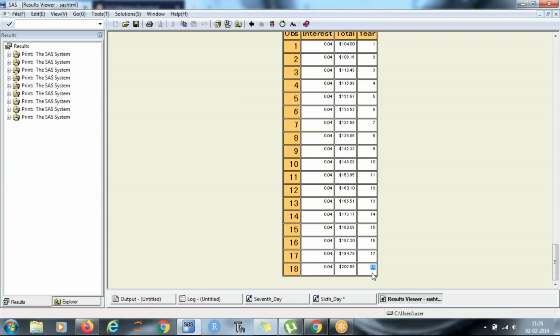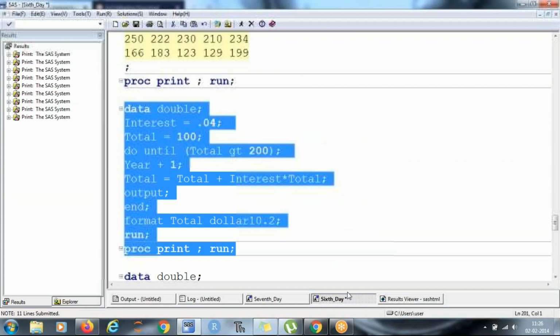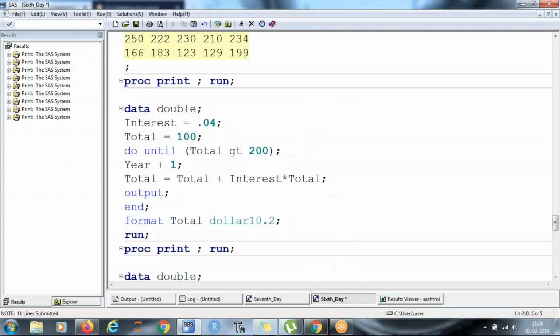So in 18 years, your money would become double with the 4% interest rate.